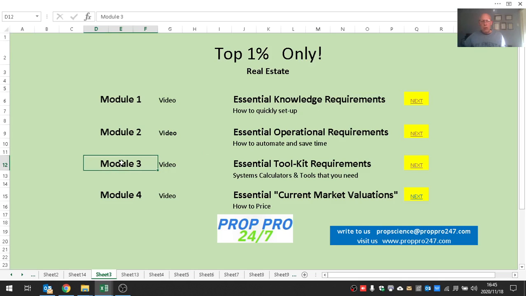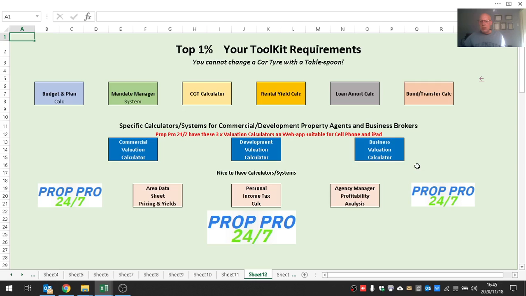We have been through Module 1, the Essential Knowledge Requirements, and Module 2, the Essential Operational Requirements. Now Module 3, the Essential Tools that an estate agent needs in order to operate at the top 1%. Let's view the tools. In our previous modules, we've discussed the budget and plan calculator, the mandate management system, which